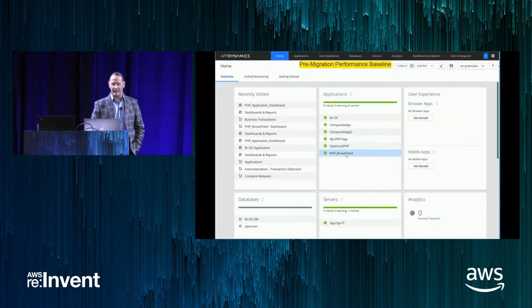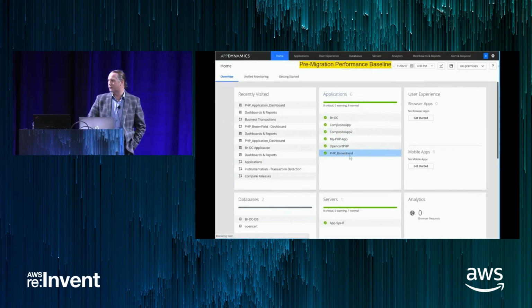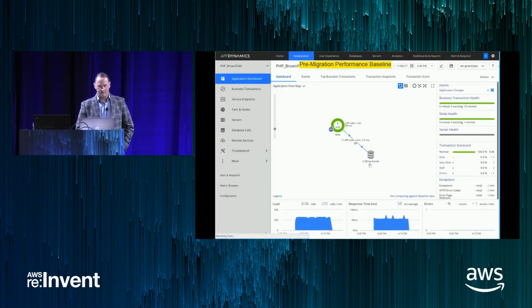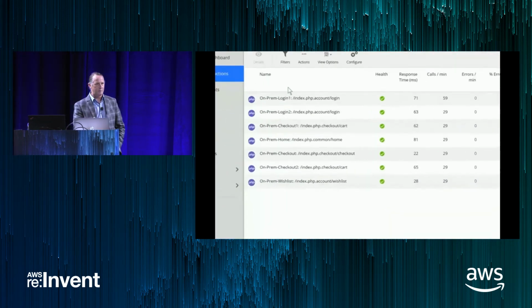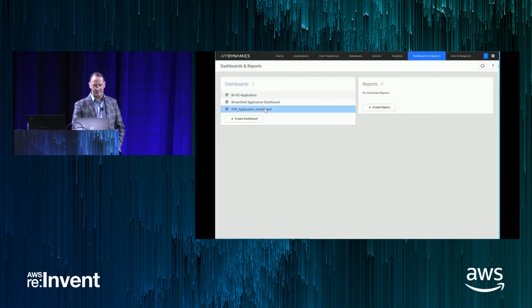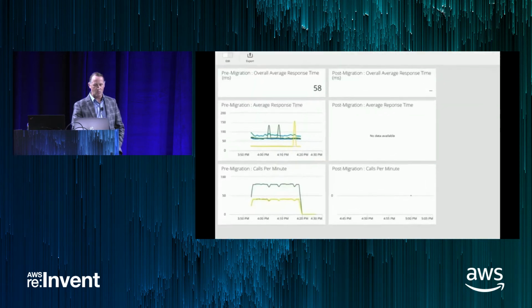So now we go into AppDynamics, and we see this PHP brownfield application has been discovered. We see the same kind of topology. So remember, I said there are other products that do application dependency mapping. AppDynamics does as well, but I needed an agent to do it, not just credentials. But we've pushed this agent, particularly here now we're looking at the transaction flow of that and what makes up